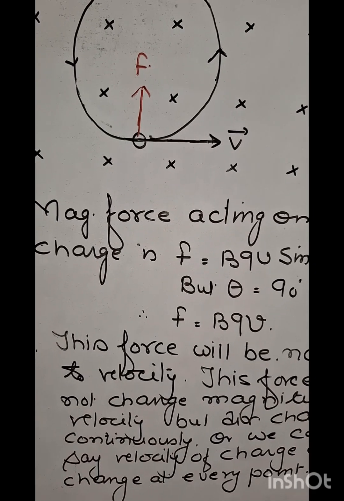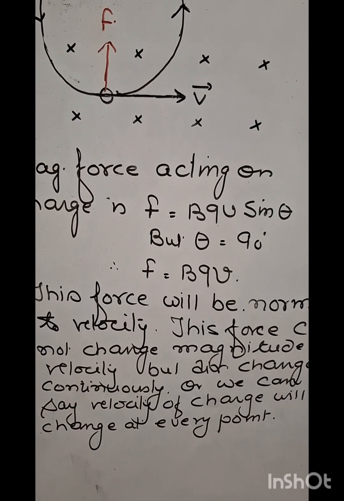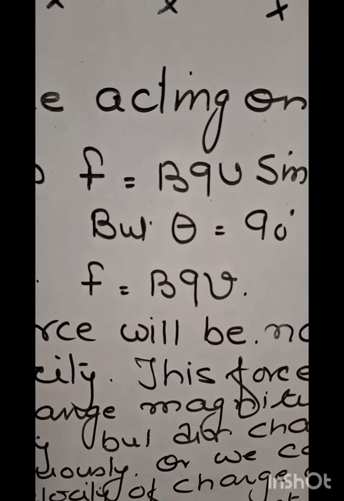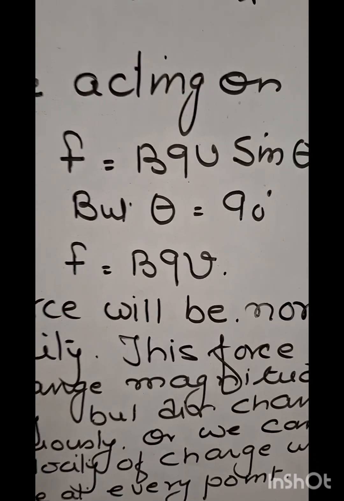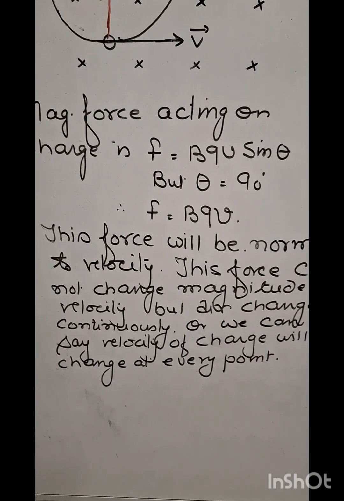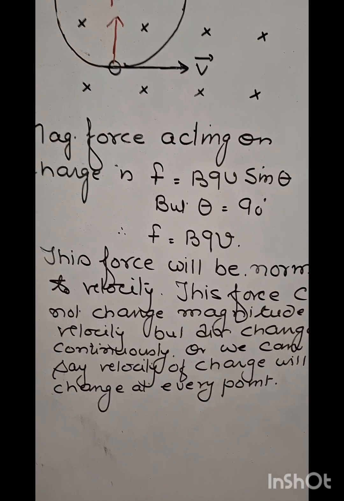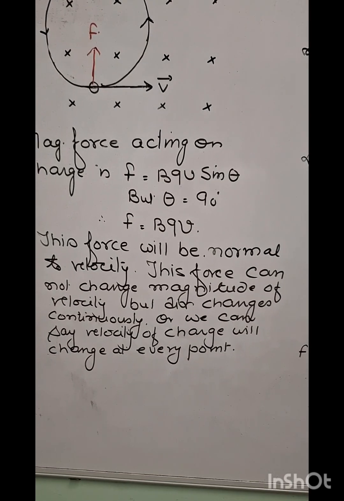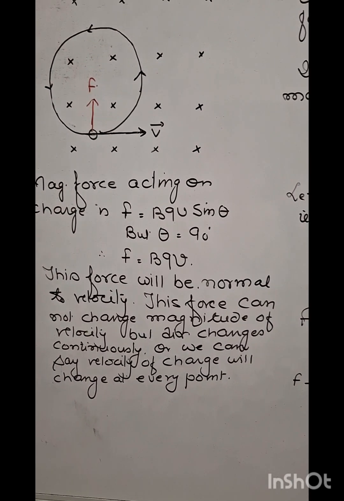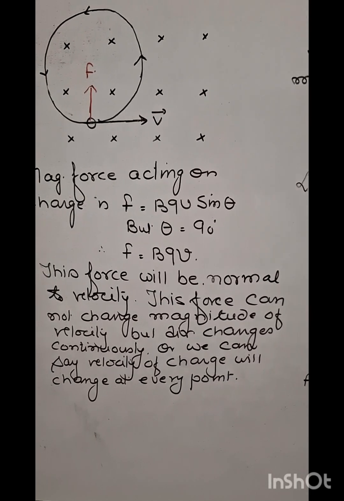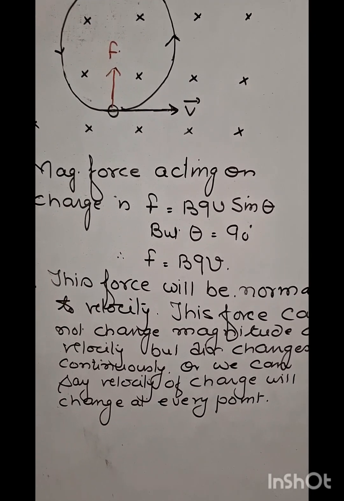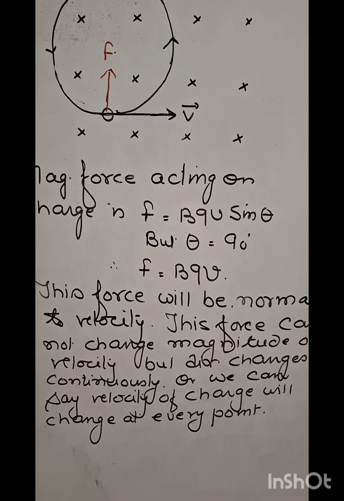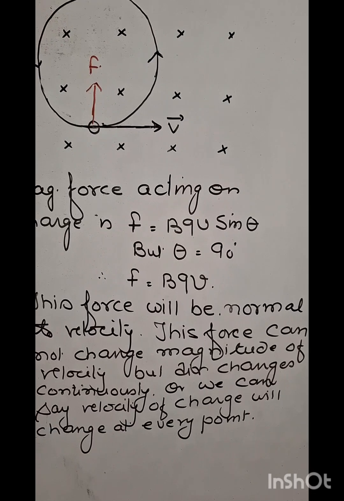This force is given by F is equal to BQV sin theta, or we can say F is equal to BQV since theta is equal to 90 degree. Students, this force is perpendicular to velocity. When the force is perpendicular to velocity, the magnitude of velocity remains same, but direction changes continuously. That's why the charged particle moves in a circular path, because when force is perpendicular to velocity, the particle moves